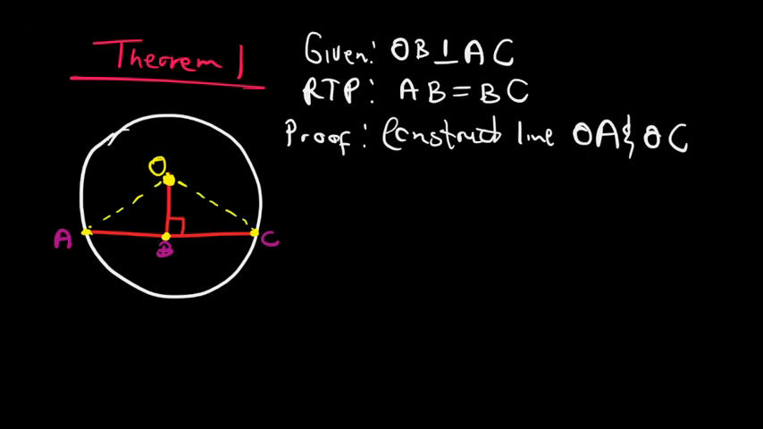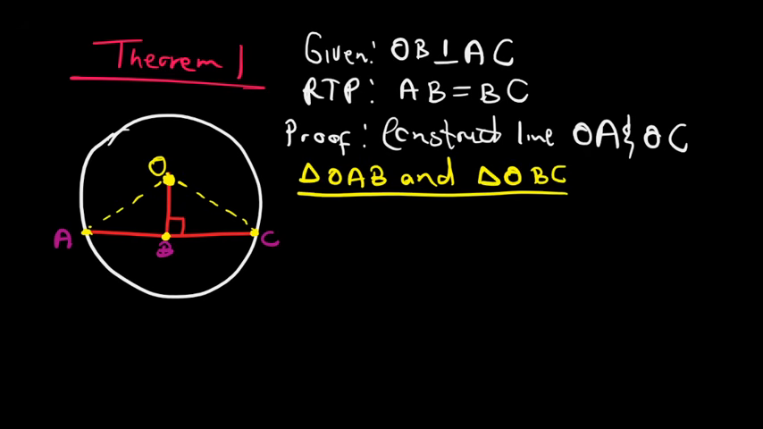Then once you've done that, now you have triangles. You have triangle OAB and triangle OBC. So you have two triangles. The first thing you have to do here is compare these triangles. That's how you're going to prove the theorem. So what you're going to do is say, in triangle OAB and triangle OBC,